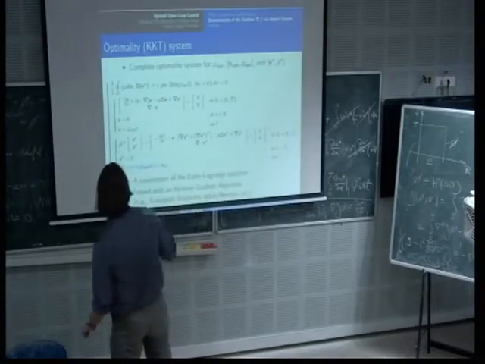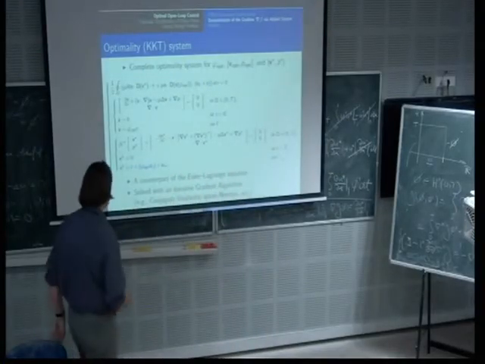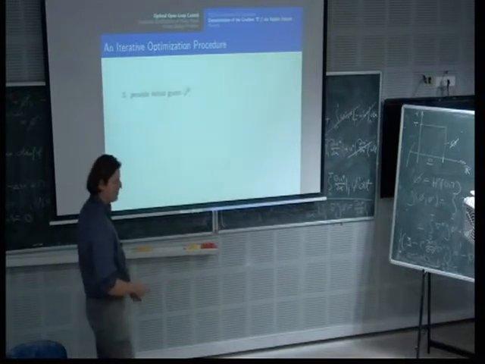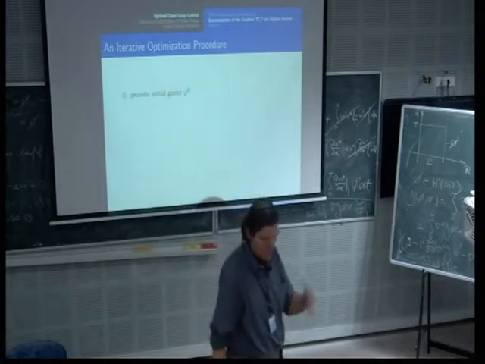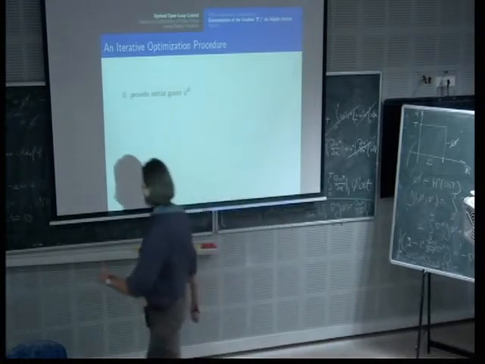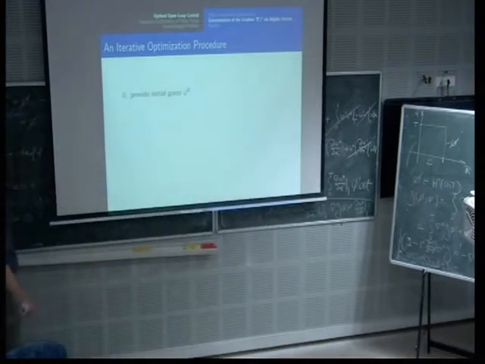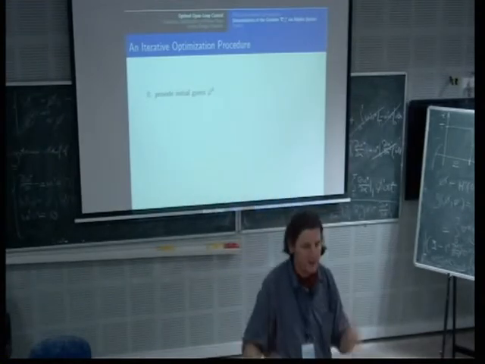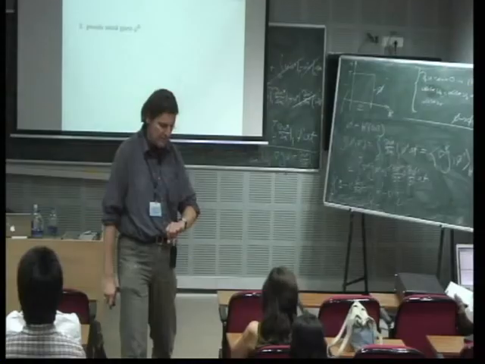So one can think about this equation as the counterpart of the Euler-Lagrange equation. Okay, so what does the actual computational algorithm look like? Well, it's an iteration that basically implements this formula in the following steps. So we start with some initial guess for the control, for instance, 0 or whatever educated guess one can come up with.